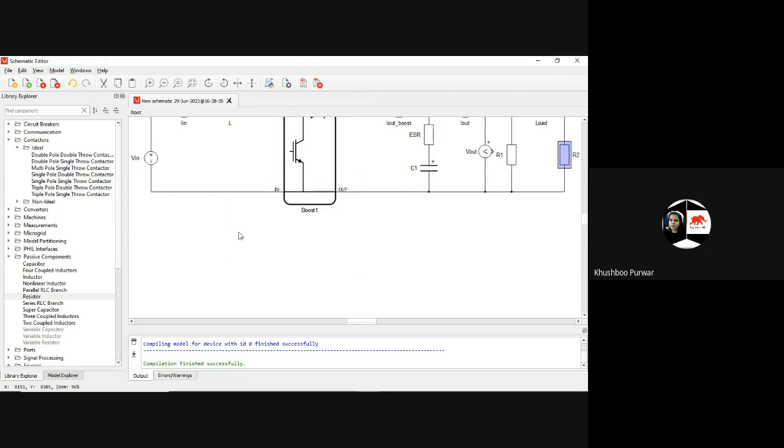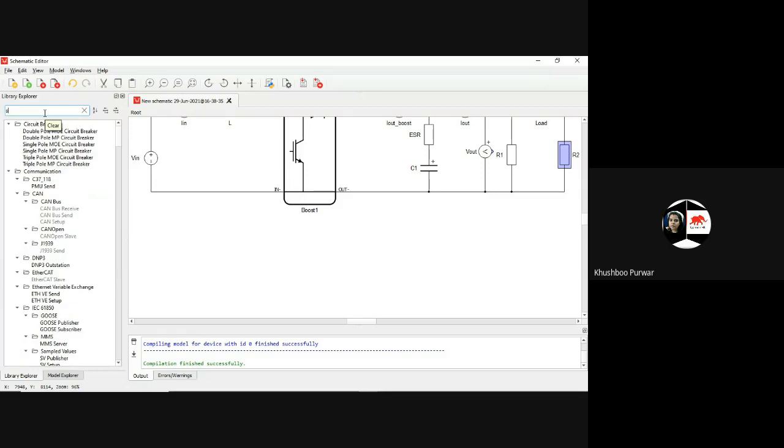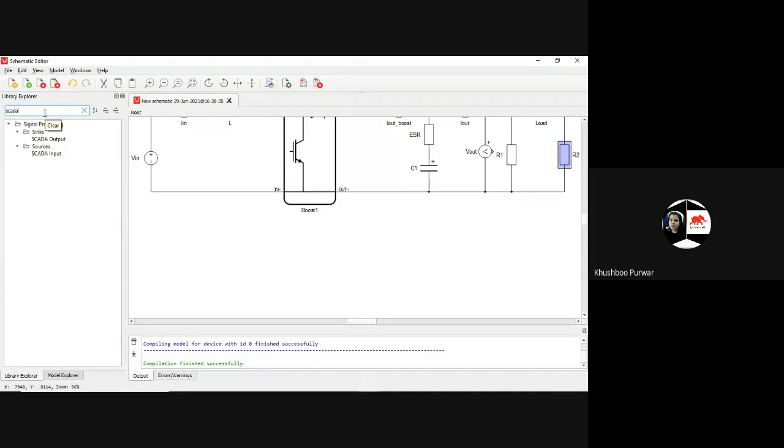Now for the reference part, what I will do, I will fetch one SCADA input. SCADA input you will also get in the signal processing part, and I'm going to name it reference. Because this will act as a reference, I need some reference now to compare it.